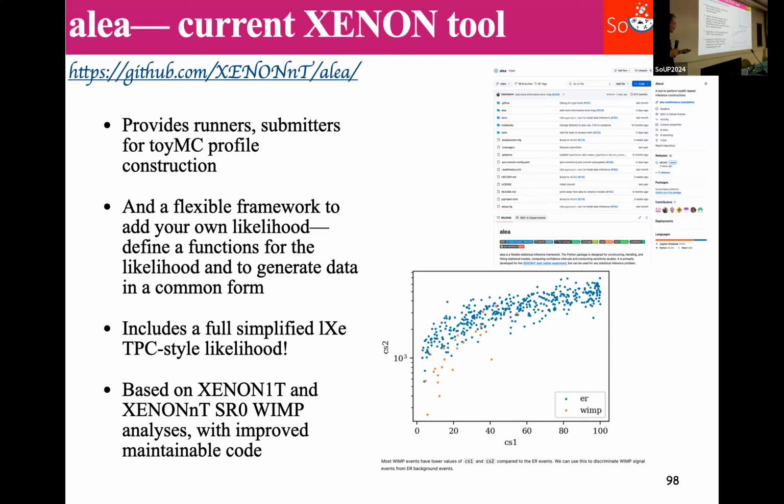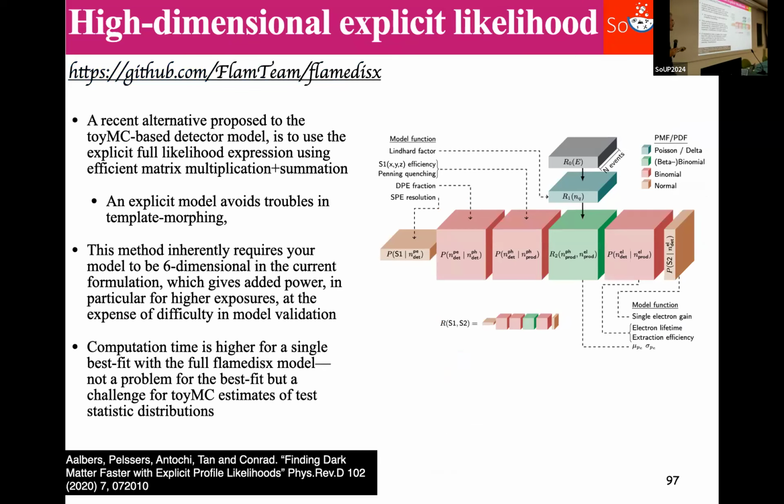But when it comes to FlameDisk also, there is a critical part here, which is the computation time still is just not feasible, right? You can't do this profile construction with FlameDisk. You can do it with FlameNest because there you just do the profile construction. You take a lot of toy MCs, you fill it into a histogram and you fit it, but you cannot do this full 6-dimensional thing because it's just not computationally feasible to do like 6,000 toy MCs times 20 WIMP masses times 20 signal sizes for each. It's just not something you can do within a reasonable time that will allow you to do an analysis. If we could speed up FlameDisk to the point where that were possible, I would expect that you would see more takeoff.